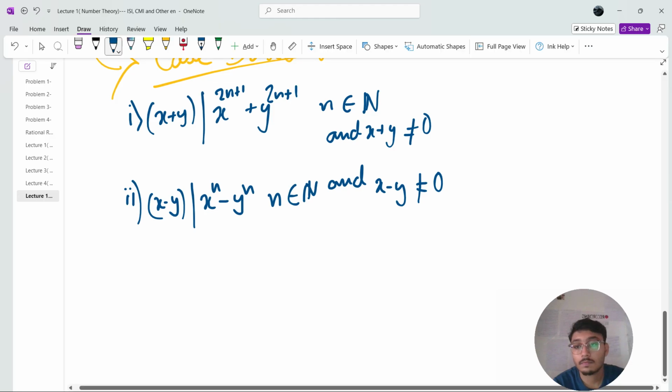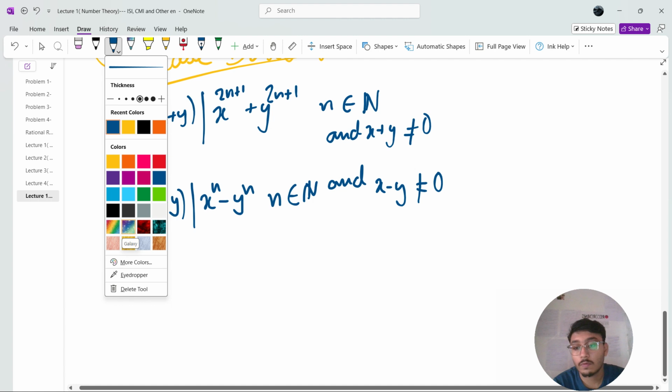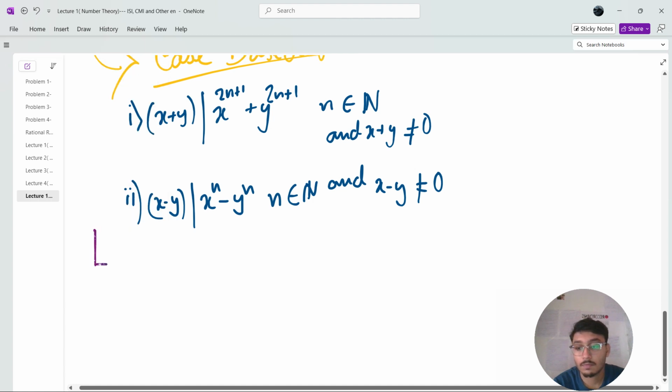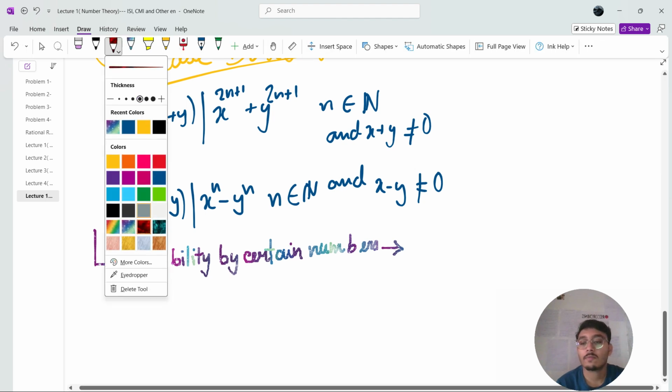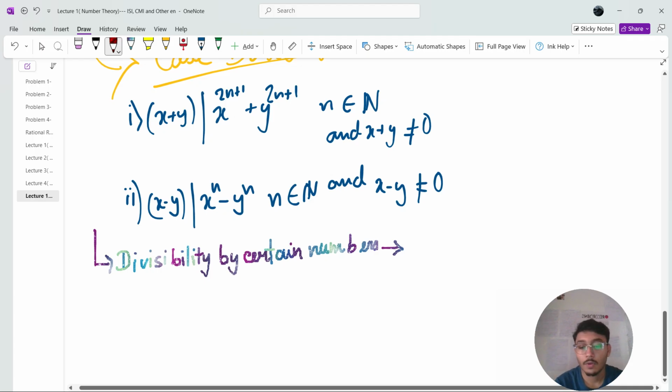So moving on to some divisibility. Wow, this is a nice color. Divisibility by certain numbers. There's the flame one. Okay,